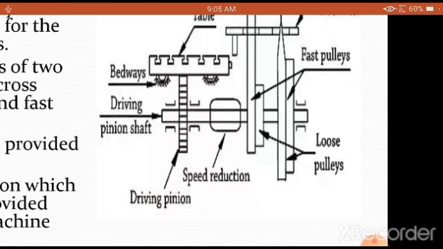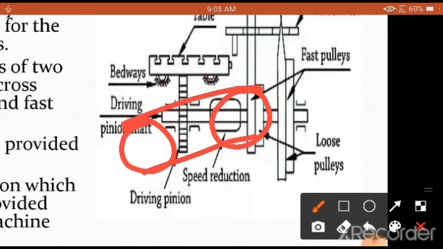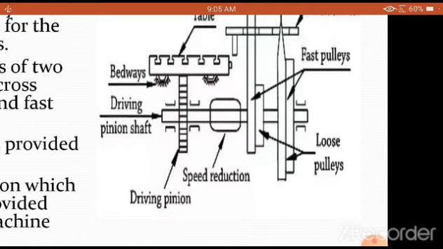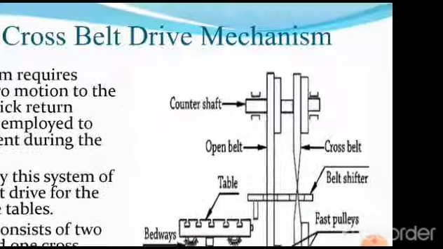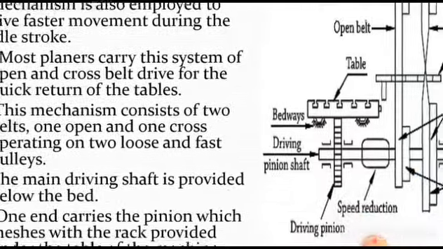But whenever I want to consider the open belt drive, let us consider an open belt drive here. This is called an open belt drive. You see the arc is very less. In this condition, the diameters of the pulleys are the same, and what happens here is only the shifting of the belt. It is very clear that when the cross belt is there, the pulley movement is going to take place slowly. When the open belt is there, the pulley movement is going to take place fast. That is how the shifting of the belts will take place whenever the cutting strokes and the return strokes are going to be carried out.